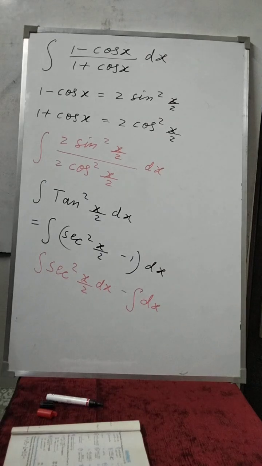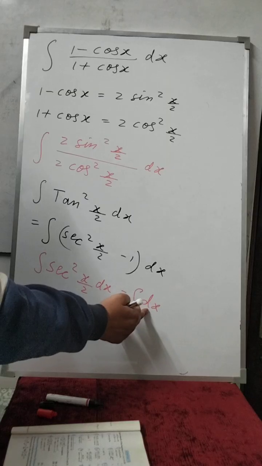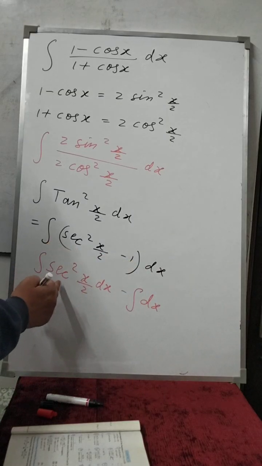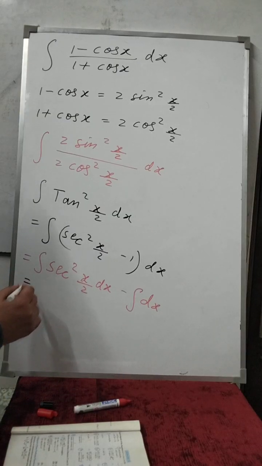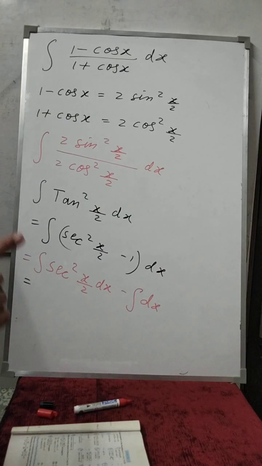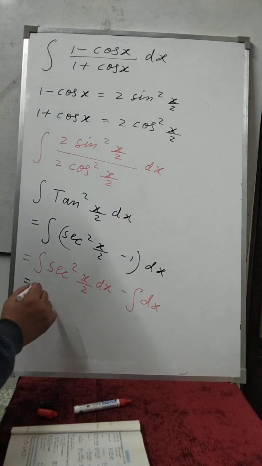Am I right? This dx will multiply with 1. So minus integration of dx multiplied by this. So this will become tan